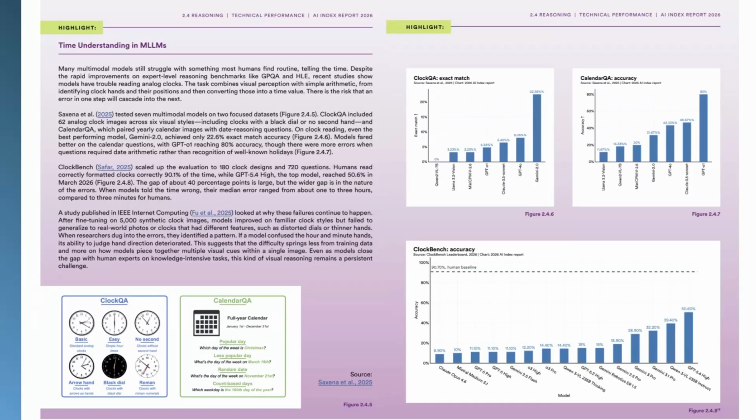Now, on the question of reliability. As I mentioned, we do not have a technical path right now to make AI responsible. Can we make it reliable? This is one of the highlights, I believe present in most of the press releases about the Stanford AI Index report. The idea is the following: AI models can repeatedly win math Olympiads, and they can respond to most tests very well, but they are not able to tell the time on a clock. And there is a special benchmark called ClockBench accuracy.